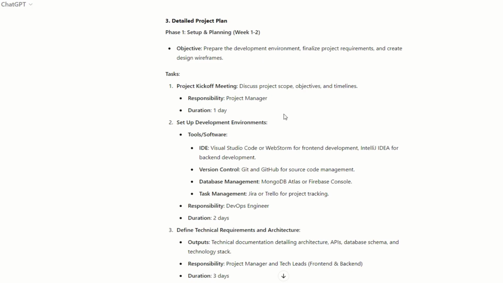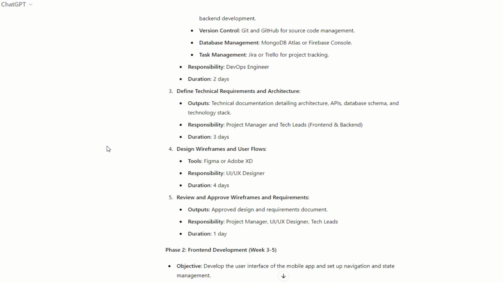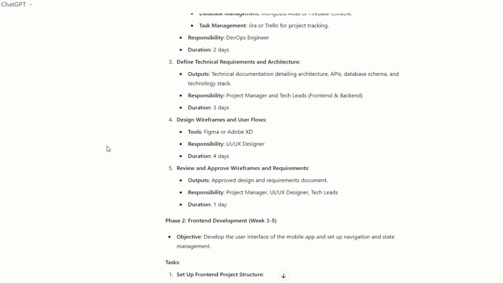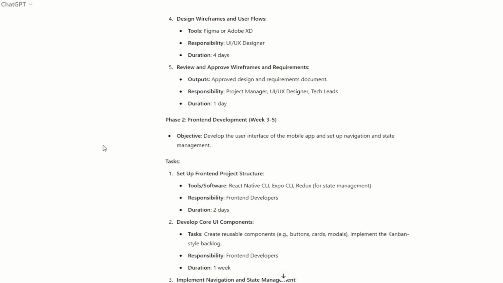So project kickoff meeting, responsibility project manager; set up the development environments, responsibility of the DevOps engineer. It takes about 2 days. So using these tasks and the owners and the duration, it becomes very easy for me as a project manager now to create a project plan and start tracking the tasks.